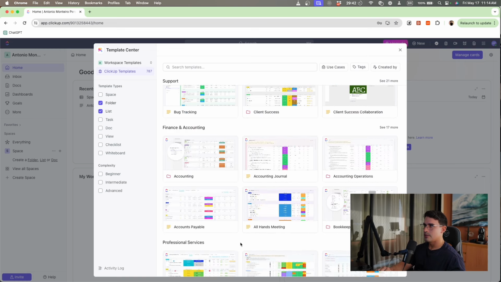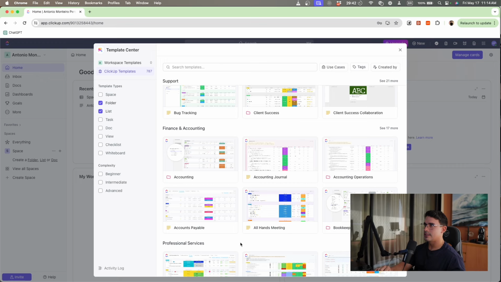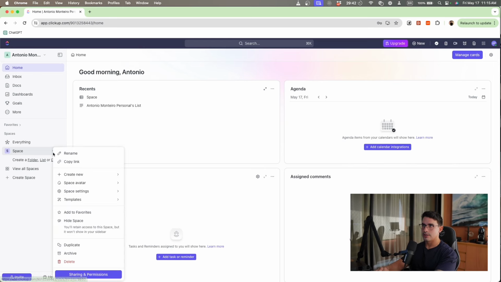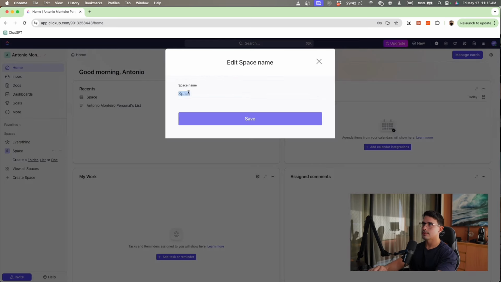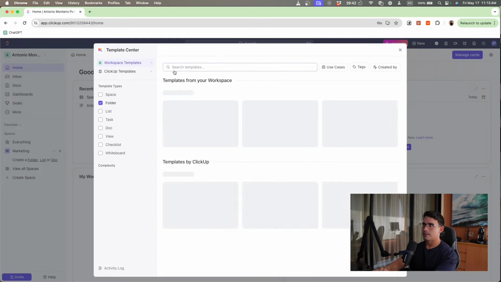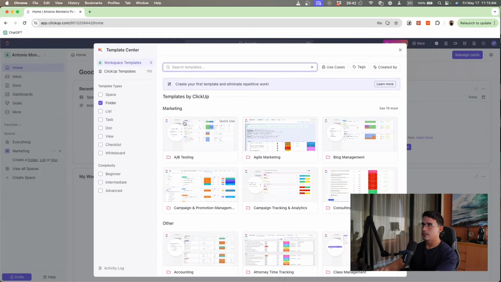But for example, on the financing side, you can see that what ClickUp does is it gives you exactly how to organize your platform, right? So if you were to create a marketing space, it is showing you exactly the folders in the marketing space that you can create.